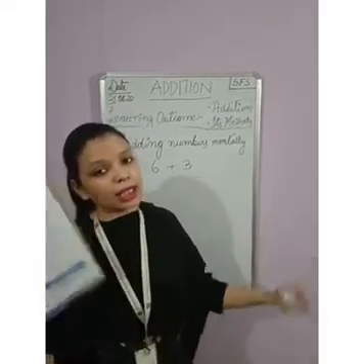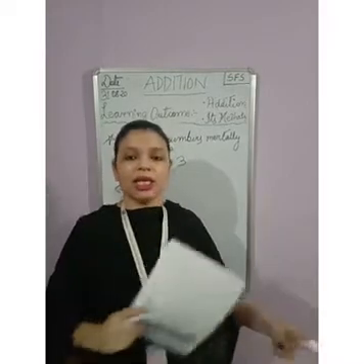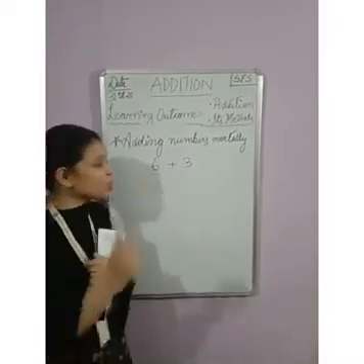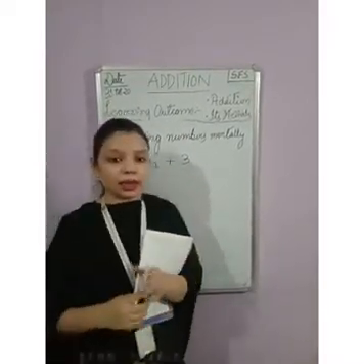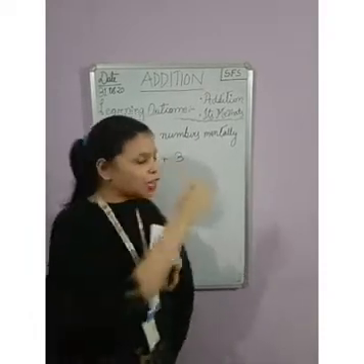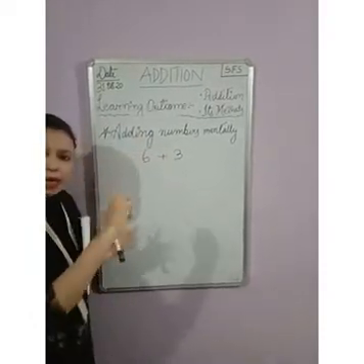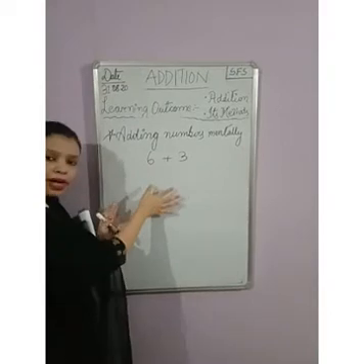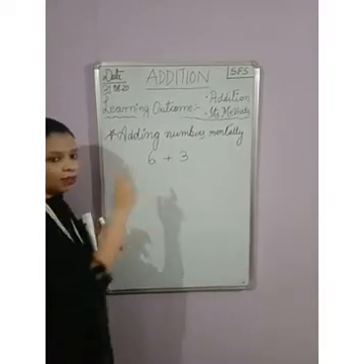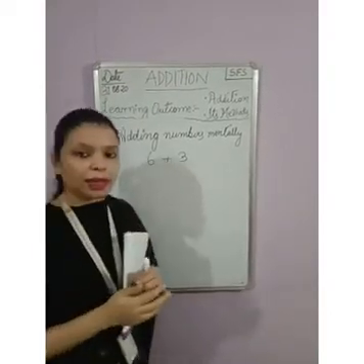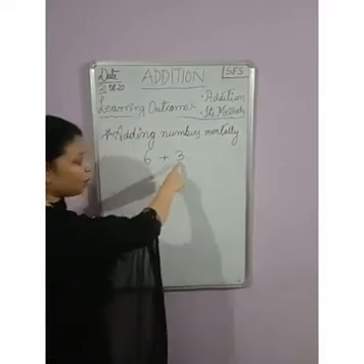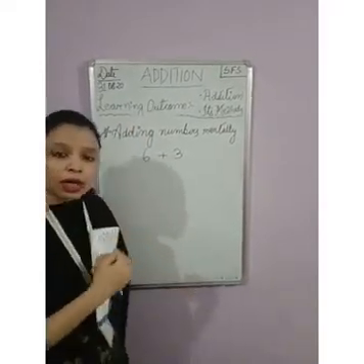There is another method, that is adding it mentally. So how will you add the numbers mentally? What is the bigger number here? The bigger number is 6. So you keep the first number or the bigger number out of the 2. You compare them and find out the bigger number. Keep the bigger number in your mind. Okay? After keeping it in mind, what is the next number? The smaller number. The smaller number is 3.